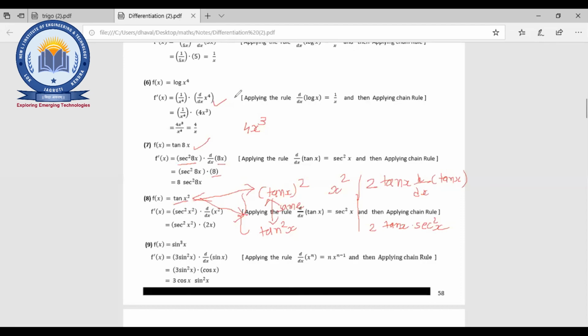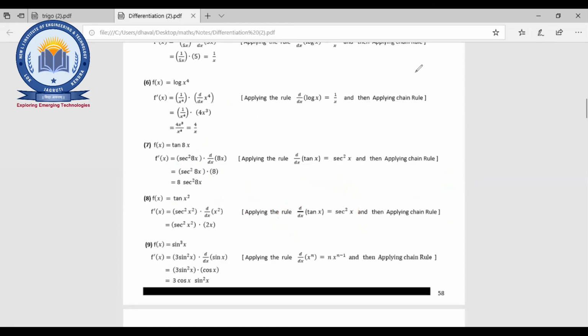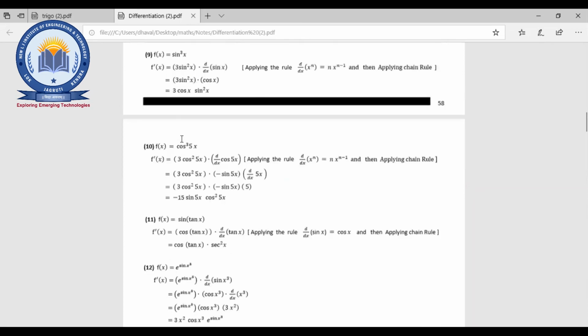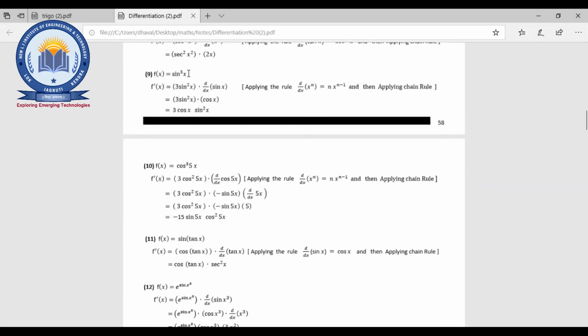Okay, sine cube x. So that is similar to what? tan square x. Yeah, okay, fine. So just 3 sine square x, d by dx of what? Sine x. So you'll get your answer. And whatever equation we have seen in the trigonometry, right? So you can apply here also, right? That means if you want to simplify your equation, fine. So you can go through that also, fine. Okay, here it will be what? Now another thing. In the last question, it will be what? Sine cube x. Here both are there. Cos cube 5x. Instead of a simple x,